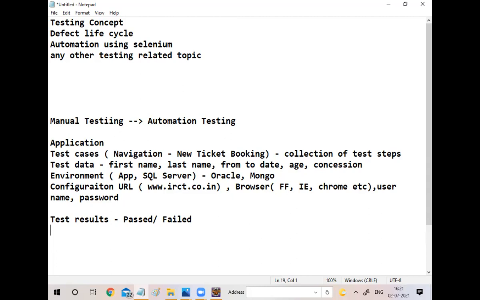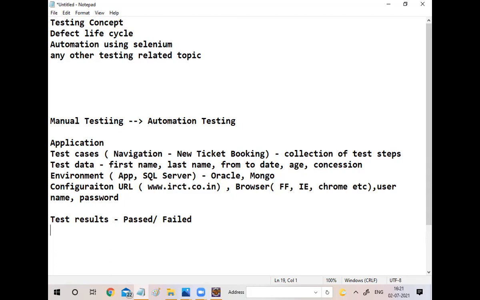So a tester always needs to think in a negative manner, not only in the positive. Positive is fine, but they have to think negative also. You must have studied boundary value analysis and equivalence class partitioning, right? You need to study that scenario, plus or minus boundary value analysis and equivalence class partitioning. Just refer to it, that will be easy for you. It is a kind of positive values and negative values we need to test.